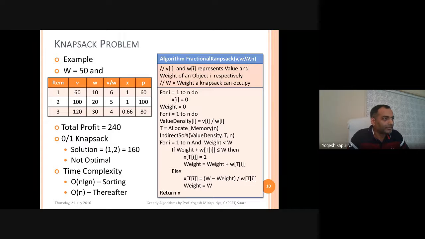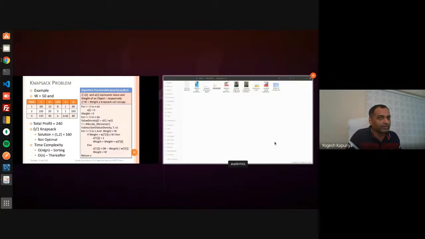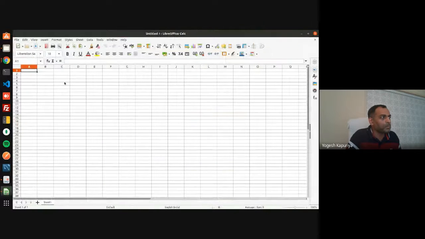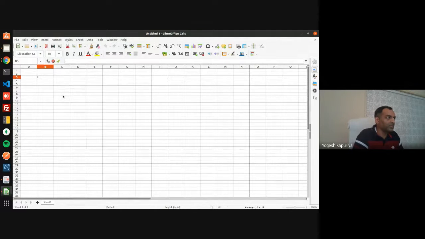Now, in order to understand this sorting technique, I think I should give you an example. Let's say we want to sort 5 numbers.